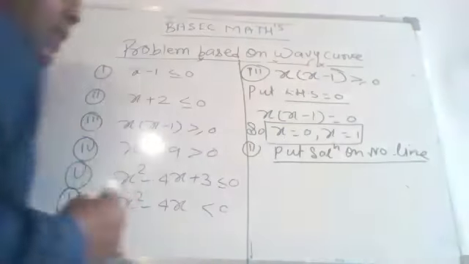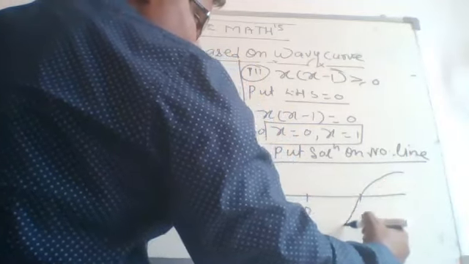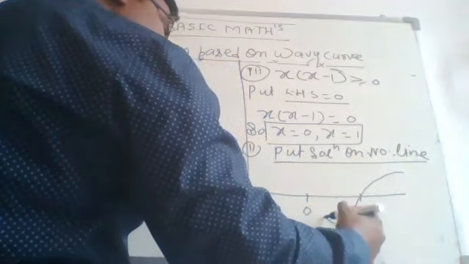So here we have to put the solutions on the number line. When you put the solutions on the number line, what do we get? Here 0 and here we get 1 now. Okay, all of you? After drawing the wavy curve, just listen carefully. Start right of the rightmost solution and above the number line, and from there we draw. The solution is there, so the wavy curve will pass through this one, then move ahead. Again, a solution is over here.